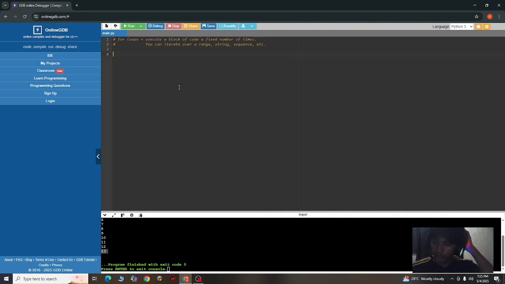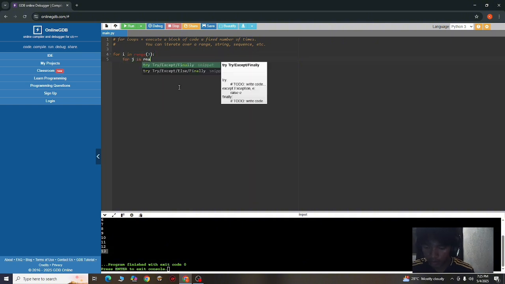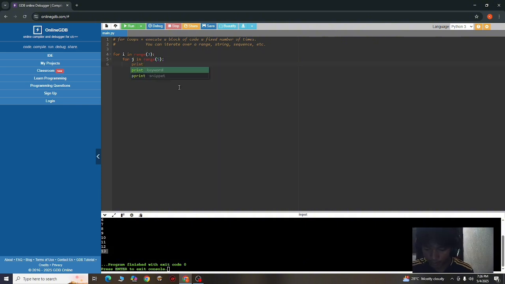So let's have another example, a nested for loop. So for i in range 3, for j in range 5, print this is a nested for loop.